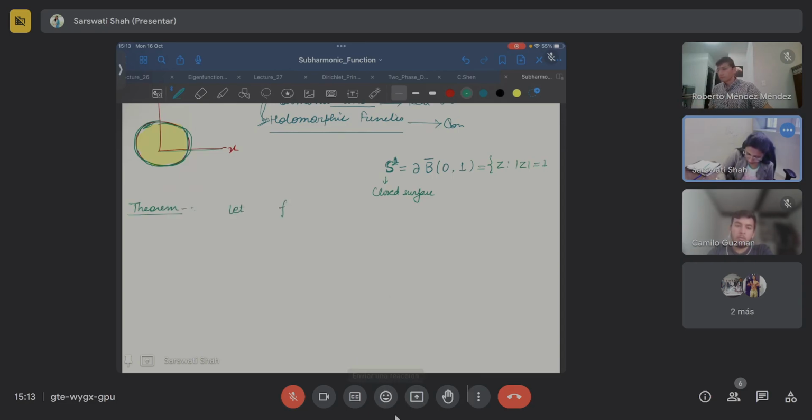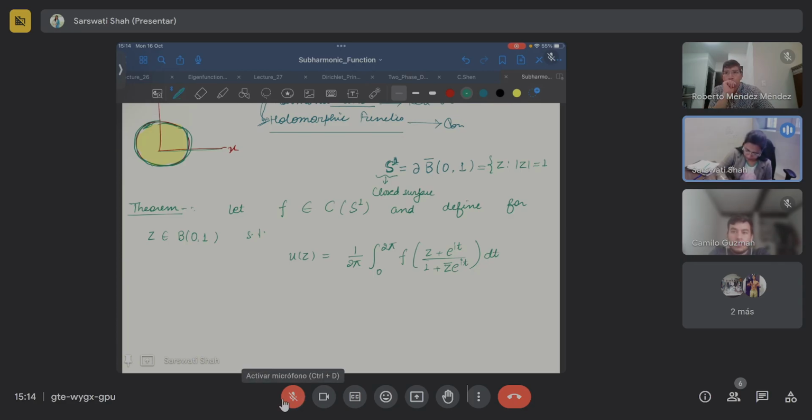So let f be a continuous function on this surface S1, and define for z belonging to B(0,1), u of z equals 1 over 2 pi integration 0 to 2 pi f of z plus e to the power iota t over 1 plus z r e to the power iota t dt. Then u is harmonic in